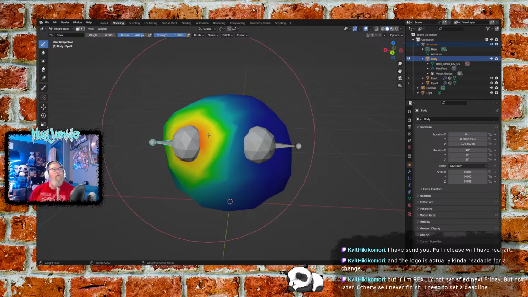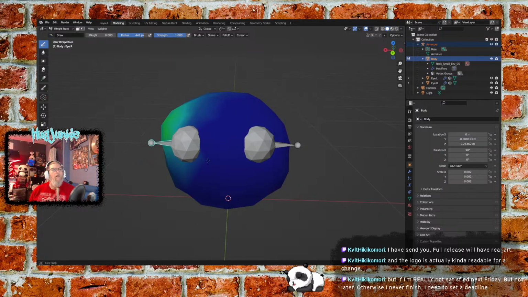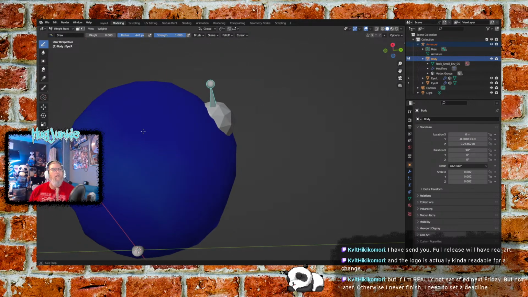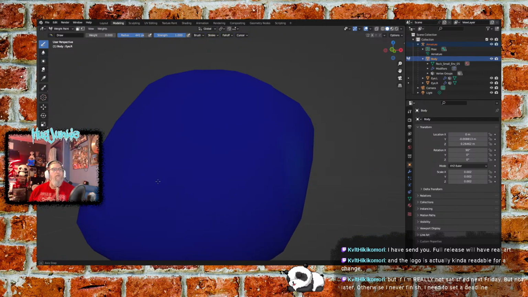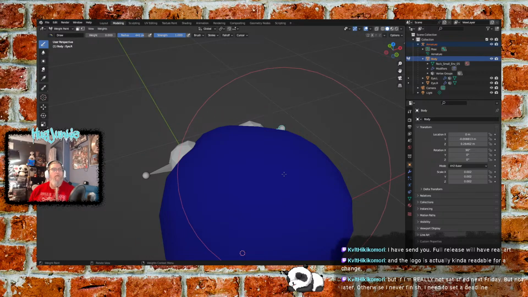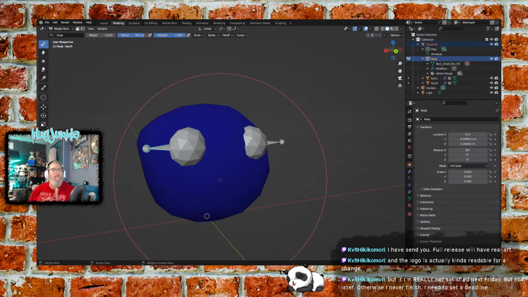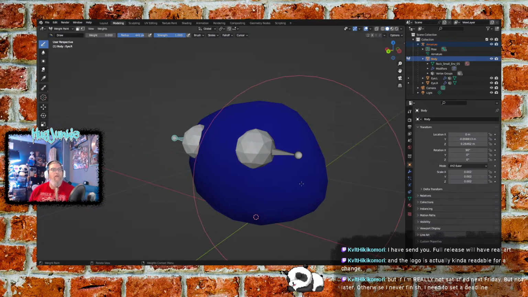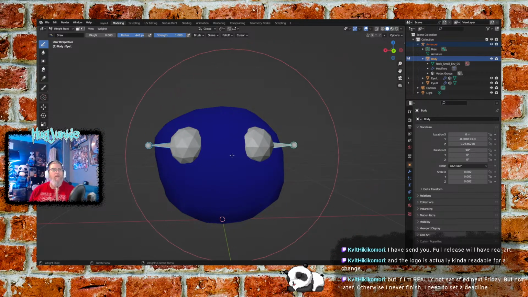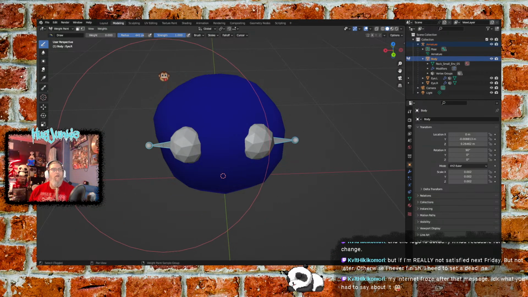Okay. I think I'm understanding. So you shift click the bone, and you use a way of selecting the bones to say, okay, which bones are we working with right here? So if I shift click that bone,